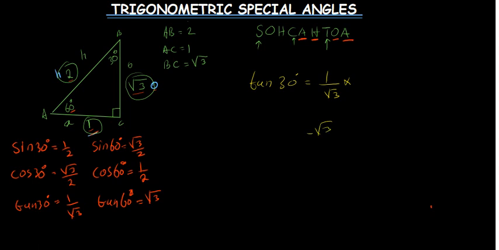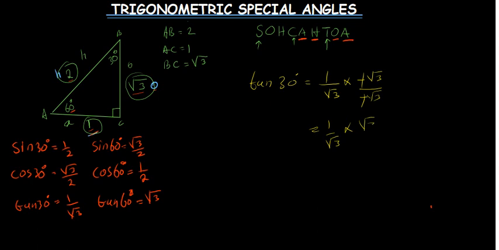But there is no point putting the negative, because the signs are going to cancel. So you're just going direct, saying 1 over root of 3